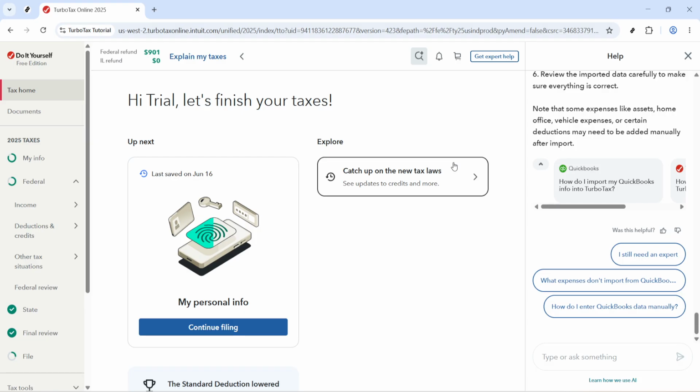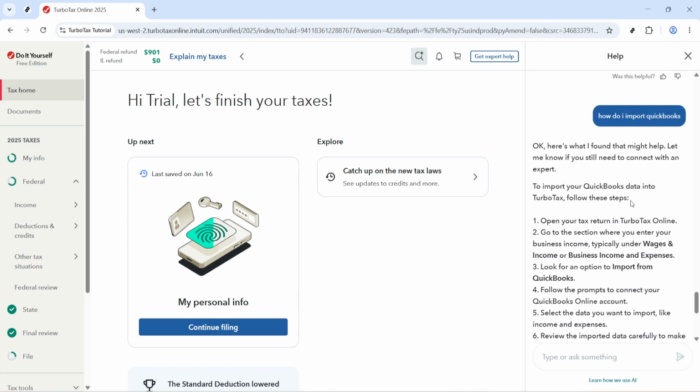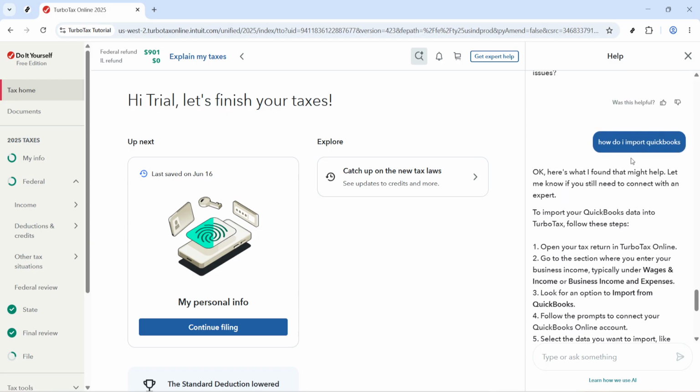Once the search field opens, type in, "How do I import QuickBooks?" Be sure to enter that phrase clearly so TurboTax can bring up the most relevant support result. This search is designed to help you locate the exact article that explains how QuickBooks data can be brought into